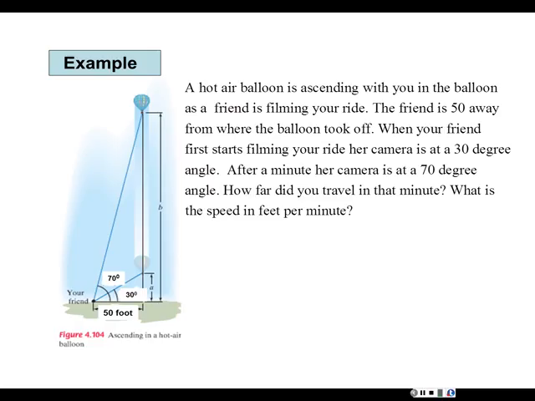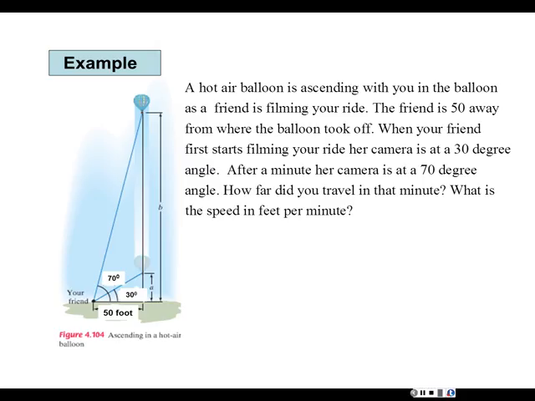When your friend first starts filming your ride, her camera is at a 30 degree angle. So when the filming started, you were here. And then after a minute her camera is at a 70 degree angle,